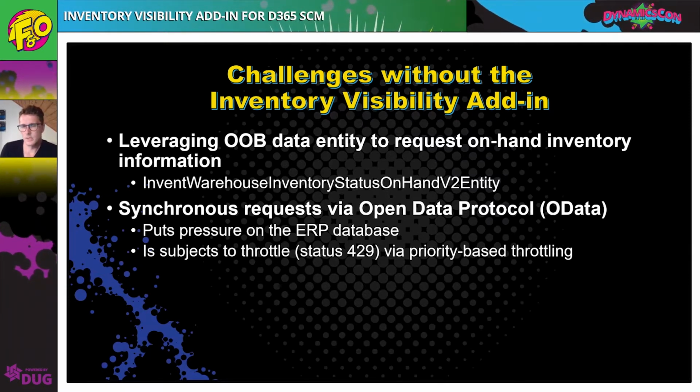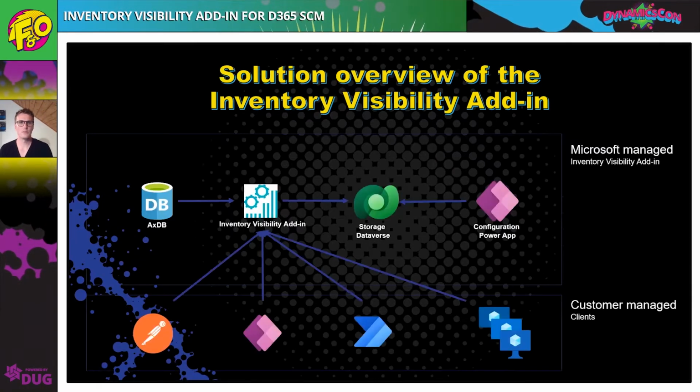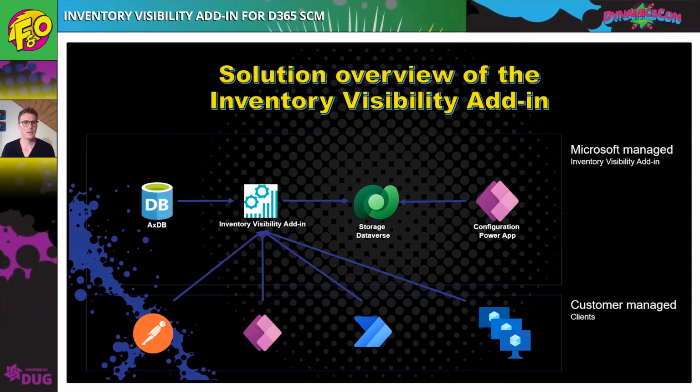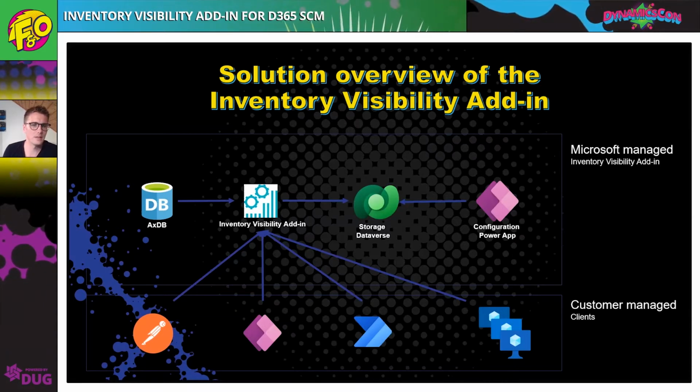The solution to these challenges is the inventory visibility add-in, so I will show you the solution overview of the inventory visibility add-in. You see at the very left side the AXDB, this is the ERP database, and you will also see the inventory visibility add-in. This is an add-in you install via LCS, and this one will create a microservice